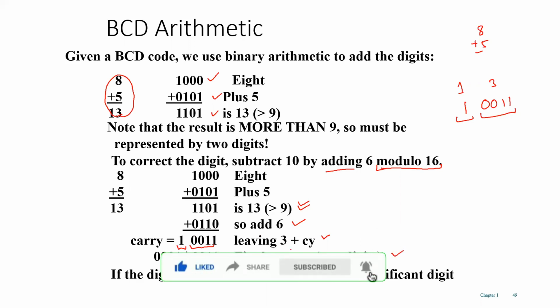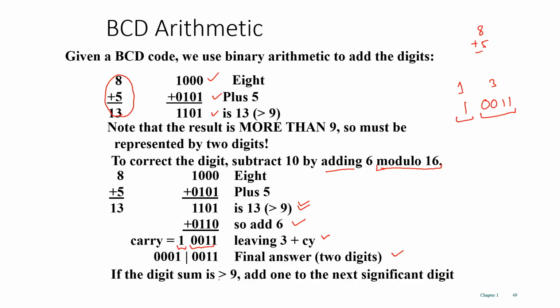What are you supposed to do? If your digit sum is less than 9, then add nothing; the carry goes to the next significant digit. If the sum is greater than 9, then you are supposed to add 6, and a carry is there, so 1 is to be added. That's the solution being included in the circuit.